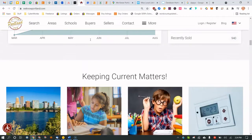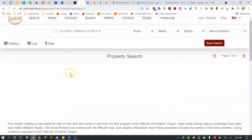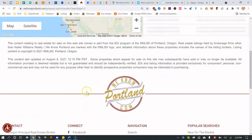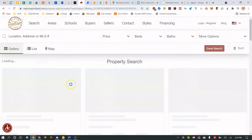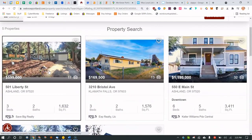I don't think I should have looked. Let's go here. Let's go to search by map. And some of these houses are really cool. It's funny, I saw one that I liked listed immediately, and I read it like it was $300,000, and I looked closer, and it was like $1,300,000. I'm like, wow. I think this is it right here. Let me just load this up. I want to check something. Yeah, this isn't one of the ones I saw, but anyway. So here,